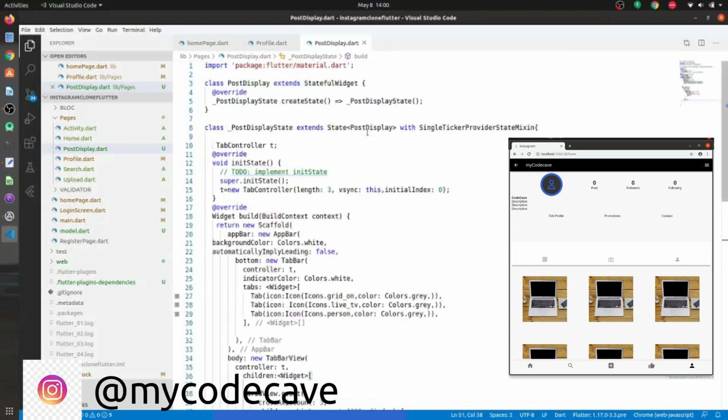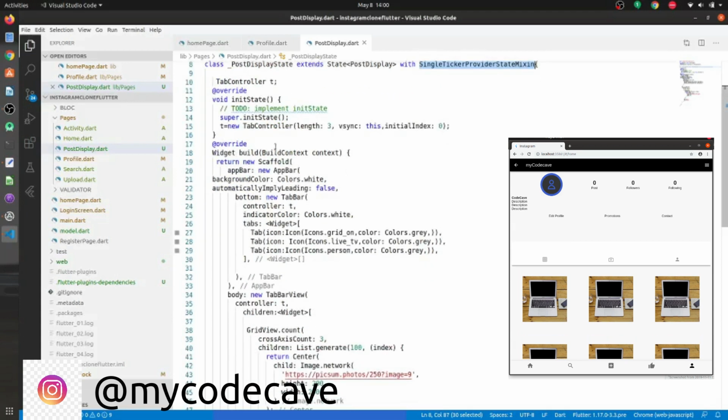The class extends SingleTickerProviderStateMixin, because this is what provides us the tab controller. In the tab controller we have 3 tabs: one for the post, second for the IGTV, and third for the tag part.